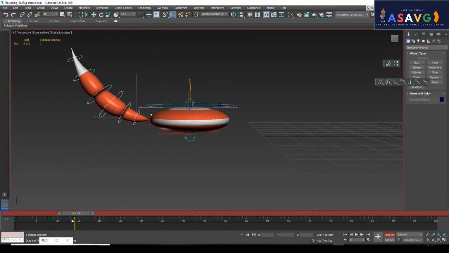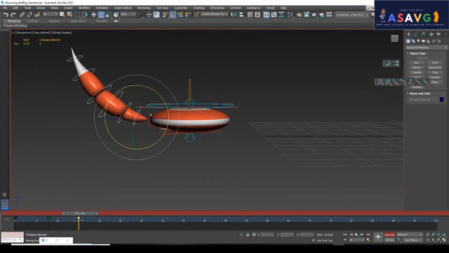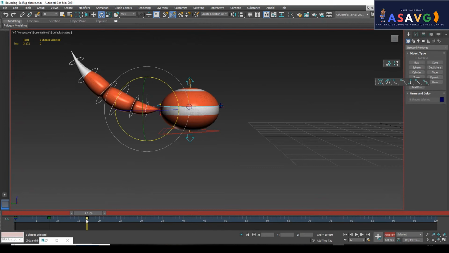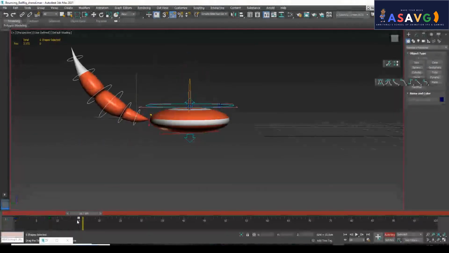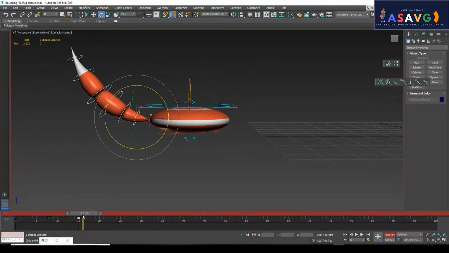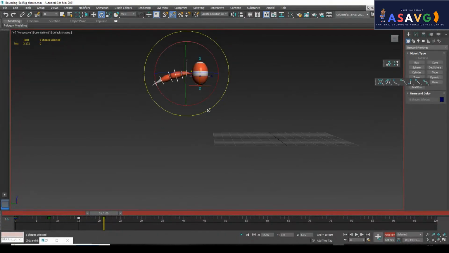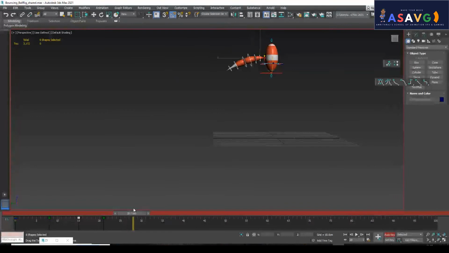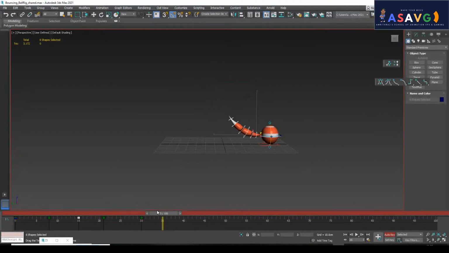Look, seeing, right? Okay, so after the anticipation only the tail will come, because there should be a little bit of overlapping. At last only the tail will come. But first of all we will give the same frame, no problem. After that we will be fine-tuning the tail, so we will give the animation at the last. So as he is coming up, the tail will be straight or a little bit like this. As he is coming up. Okay, so down, then he is coming, it should be on the back side. Everything on, when he is down also it should be on the back, this area only.